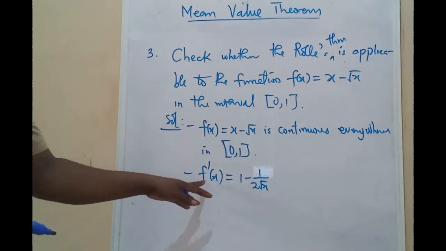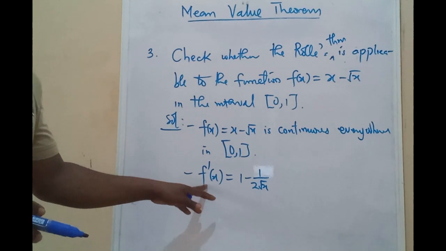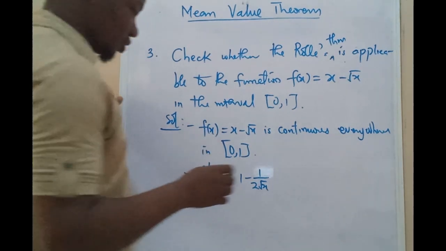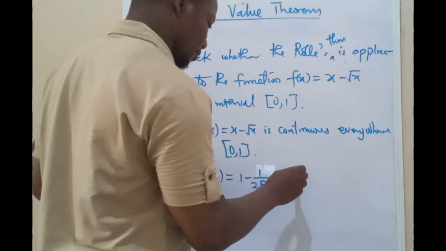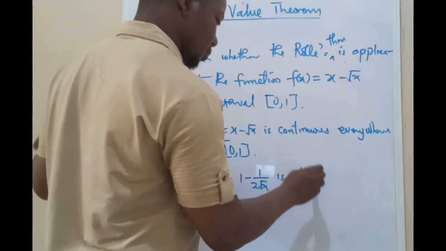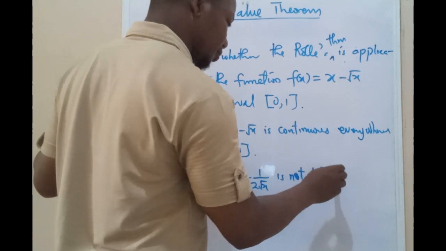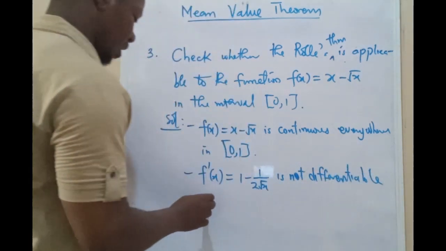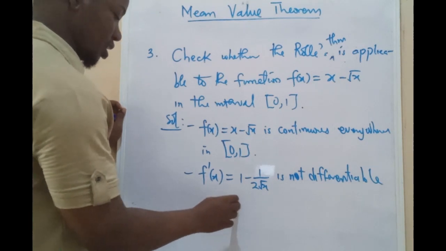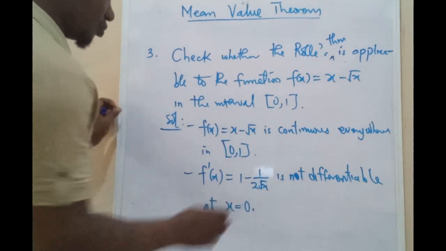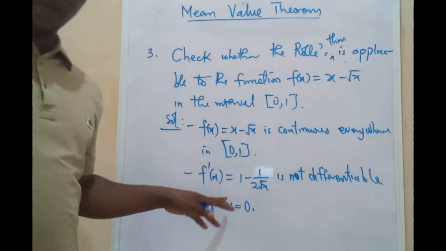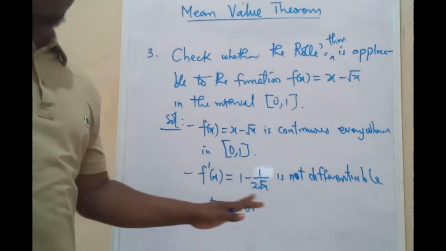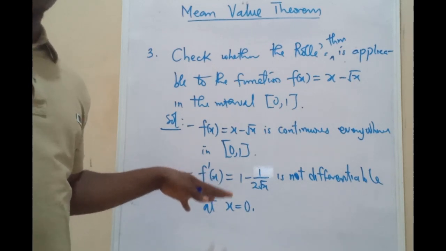We'll see that the derivative of this function is not defined at x equals 0, because if x equals 0, f prime of 0 will be undefined, and because of this singular reason,